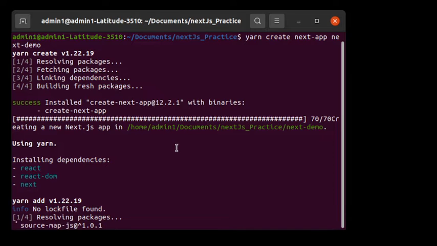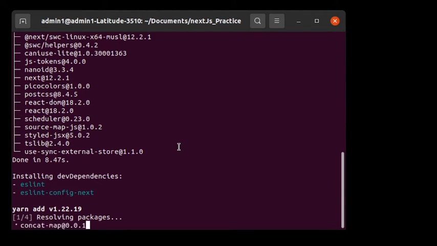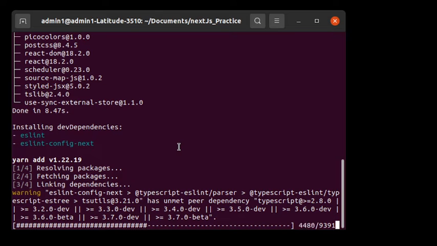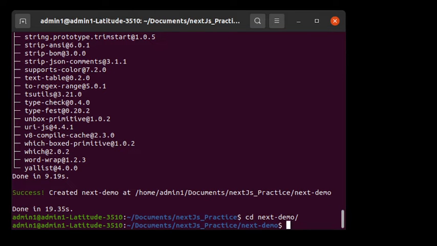Once the application has started, then we will go further, right? Now after the application has been created, at first we will switch to our folder, that is next-demo, and then for running this application we have to use the command yarn dev,